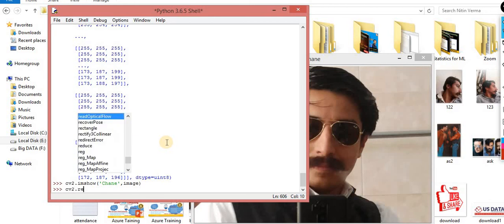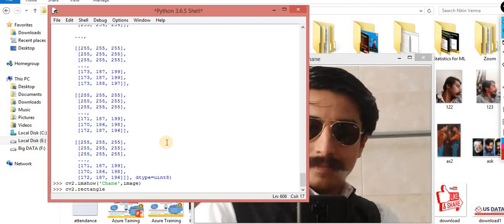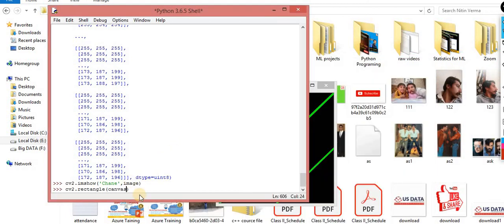cv2 dot rectangle. With this I am going to draw a rectangle automatically. You don't need to do anything else. Again I am taking a canvas, and the first point is 10,10. Then the second pixel that you are supposed to define is 60,60.